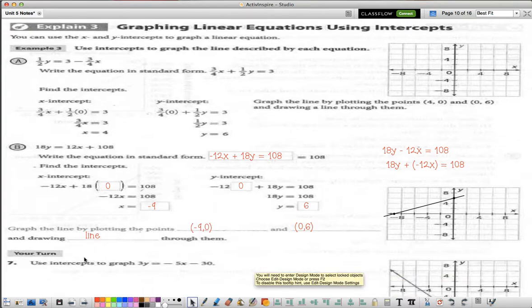All right, so then you have one last your turn where you have the equation given to you and you want to find the x and y intercepts. So yes, you need to have those answers. And then I would like you to graph the equation. Now it looks like here it already graphed it for you, which is interesting. So you might have gotten lucky on that one that they made a mistake. However, like I said before, I want you to go into the online resource, please